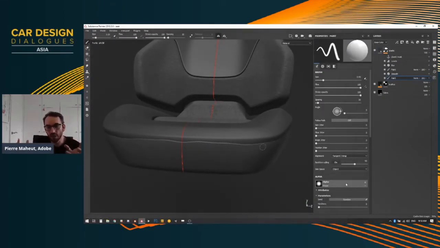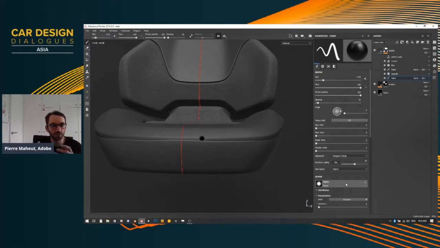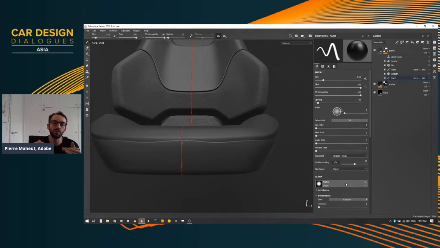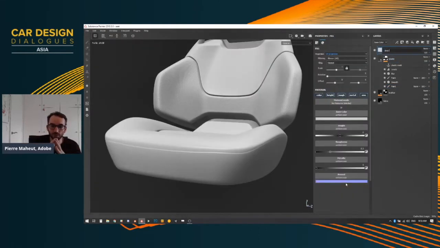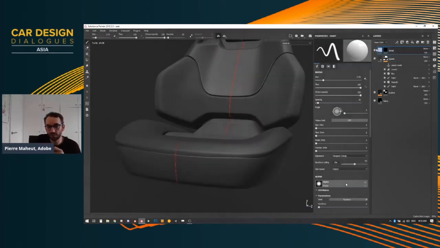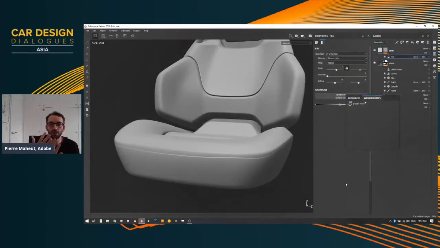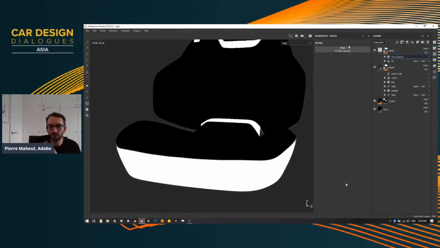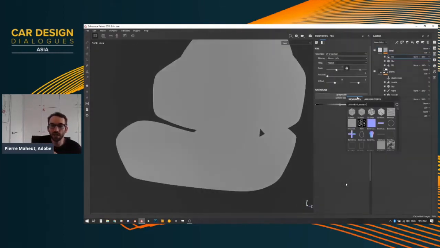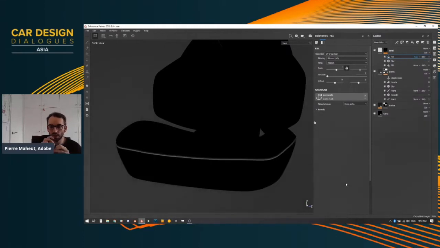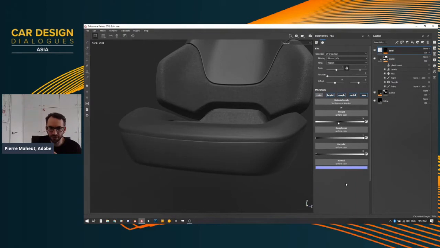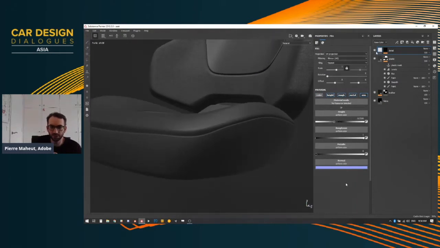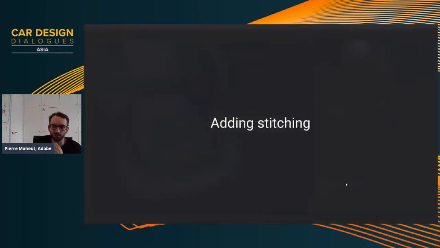Like here, for instance, you can have something that is not completely finished, or you want to do some retakes. Here, the limits between the cushion and the plastic part, you can paint those modifications because, as I was mentioning in the intro, you can paint up to displacement. So really, you can have an impact on the modeling of your object. And so you can add a smooth transition, wrinkles, and those kinds of effects directly in Substance Painter, which is here a very flexible tool to do all that.